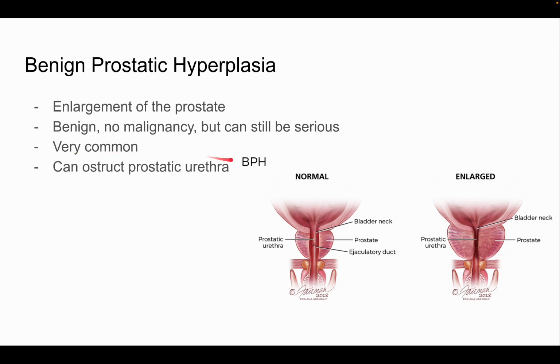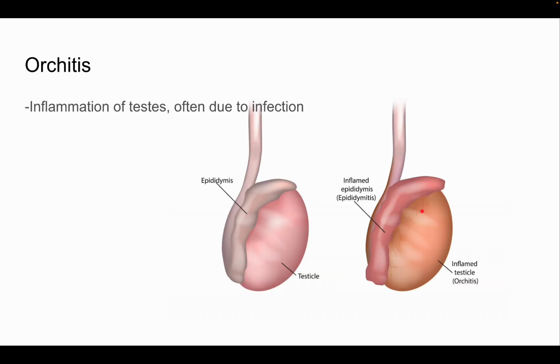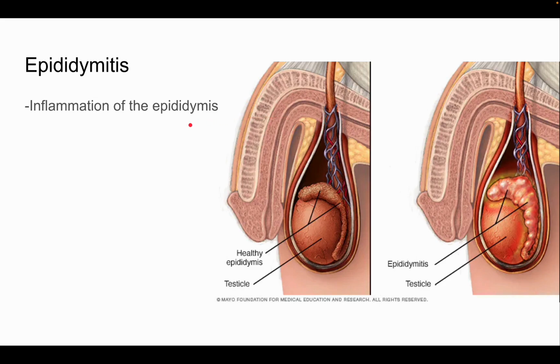It's very common actually, and the risk increases with age, and it can obstruct the prostatic urethra. It's obviously very serious. It can also cause difficulties peeing in the early stages. So orchitis is pretty simple. It's the inflammation of the testes due to infection, very commonly. And then epididymitis, which is also here, is just the inflammation of the epididymis. So we got swelling right here,